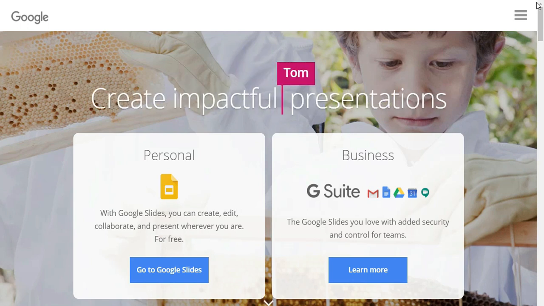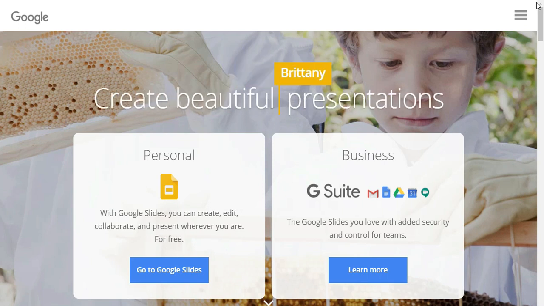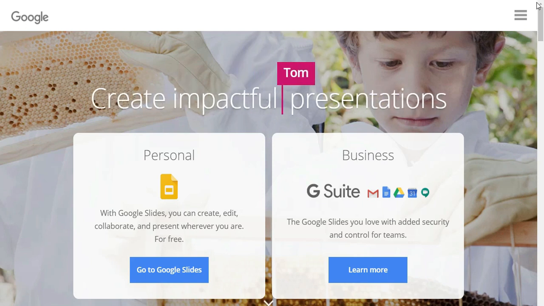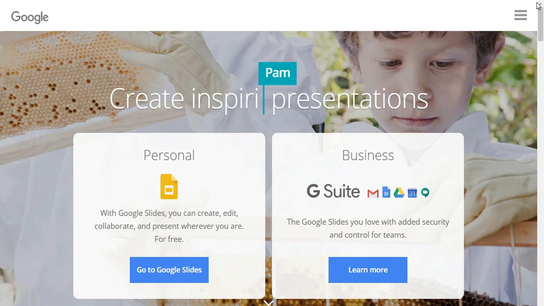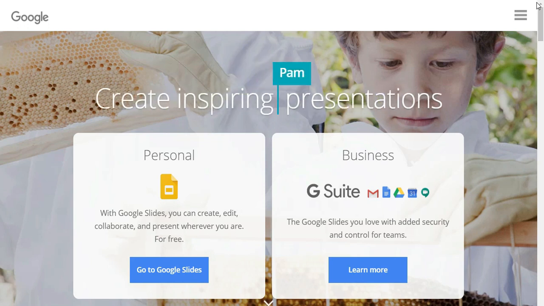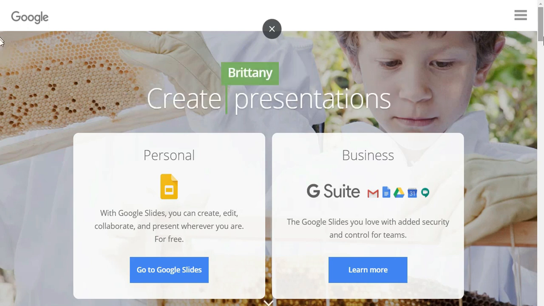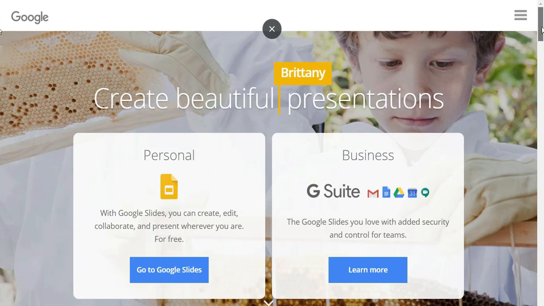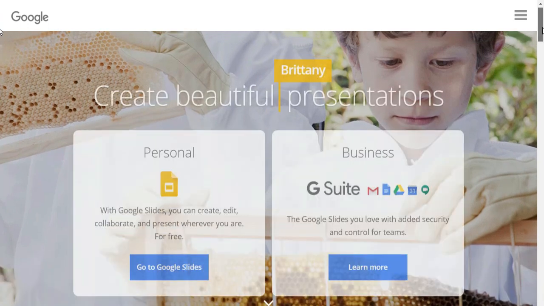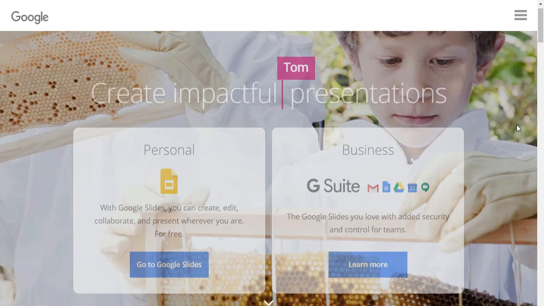Friends, if you want to use Google Slides, you don't have to install any software on your machine. Let's begin with Google Slides. So here are a few features of Google Slides. Google Slides can be used for personal as well as for business purposes.